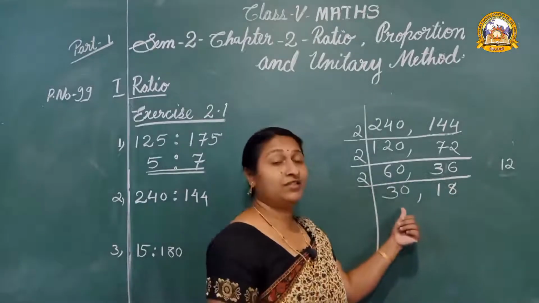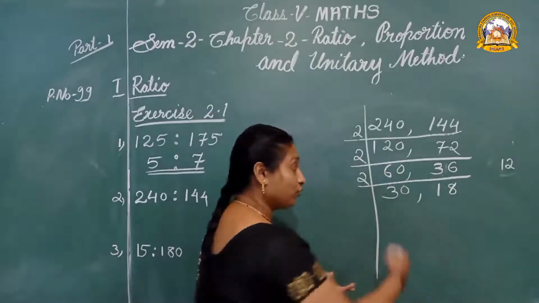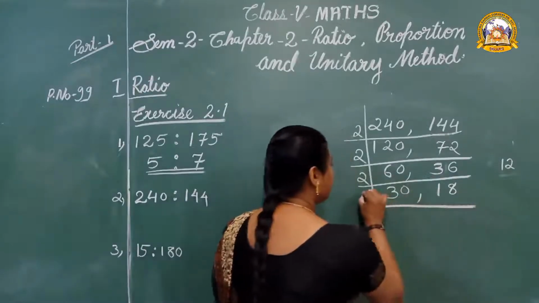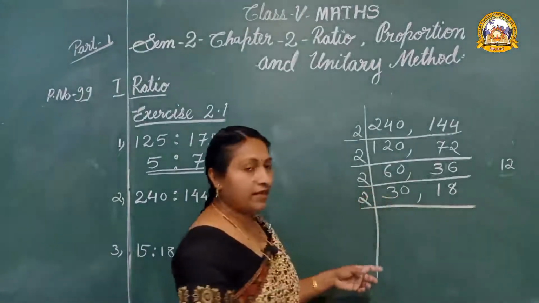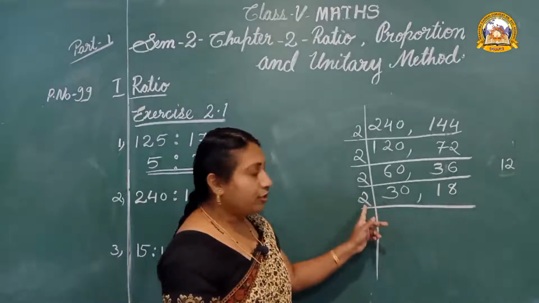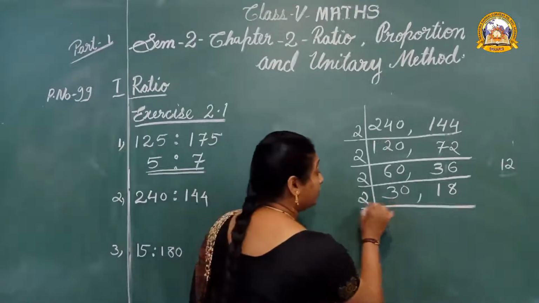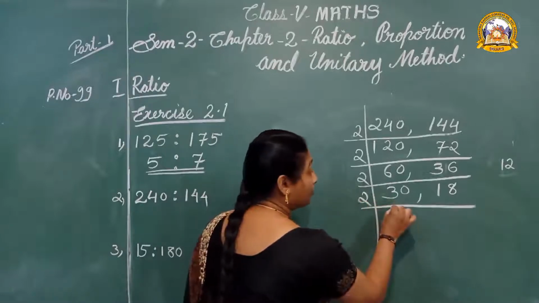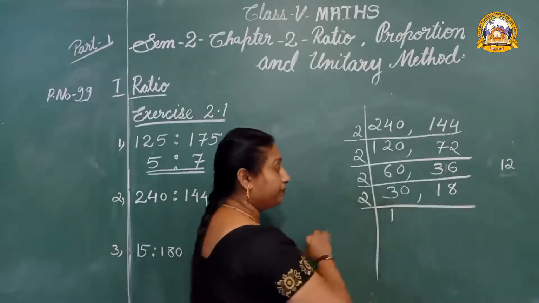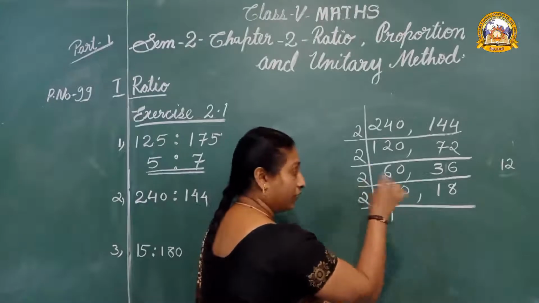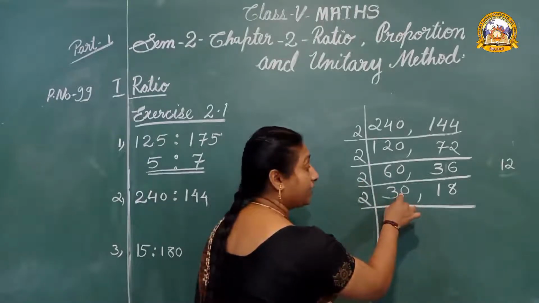They are the multiples of 2. Both of them are even numbers. Let us divide them by 2 again. 30 divided by 2. Which is that? In 3, 2 1s are 2. So 1 time. What is the remainder? 1. Let us put the 1 behind 0.